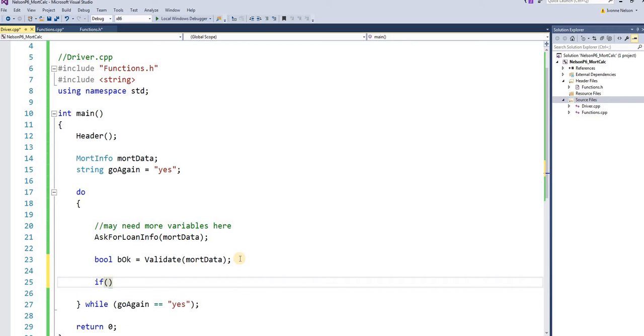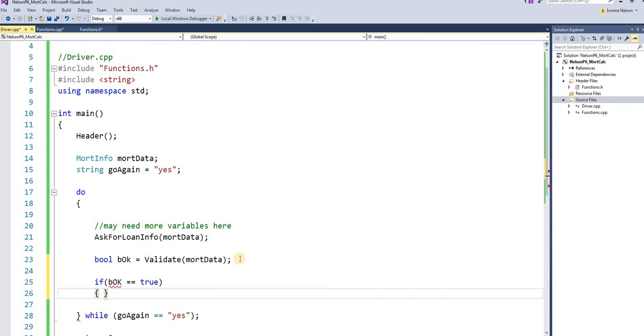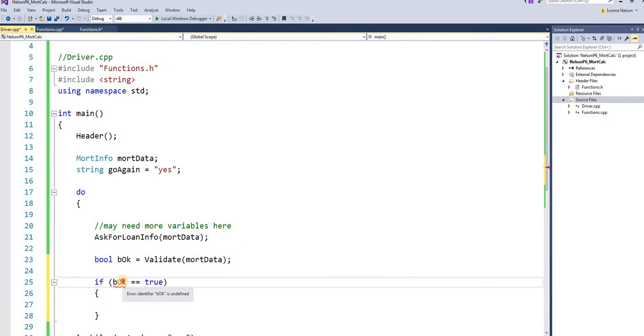If b okay is true, whoops, then we're going to call mortcalc, and we're going to return